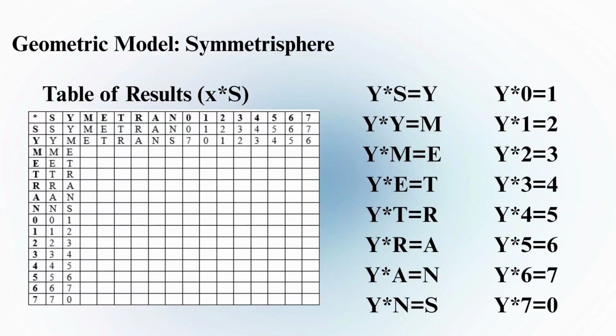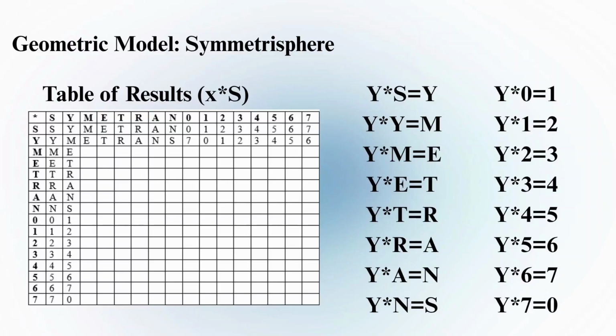Okay, we have a typo here. It should be X star Y, okay? So, we have here Y star S is equal to Y, Y star Y is equal to M, Y star M is equal to E, Y star E is equal to E, Y star T is equal to R, Y star R is equal to A, Y star A is equal to N, Y star N is equal to S,